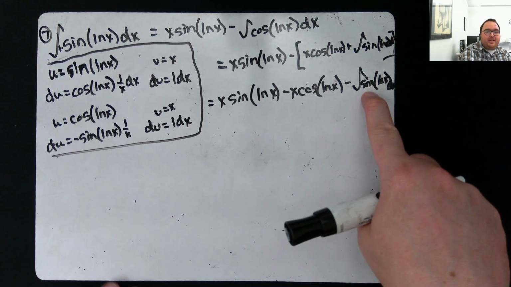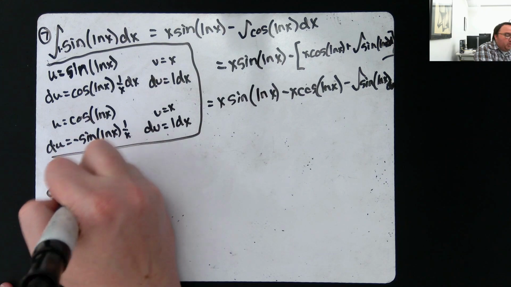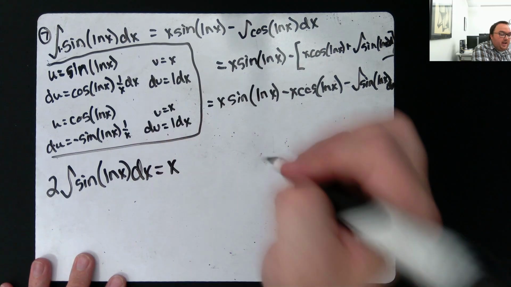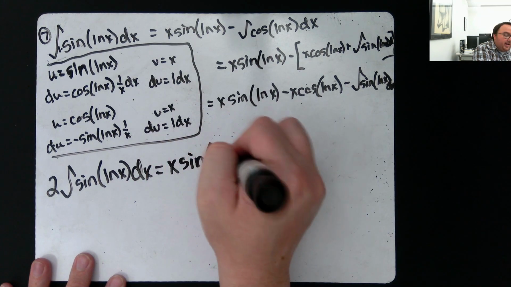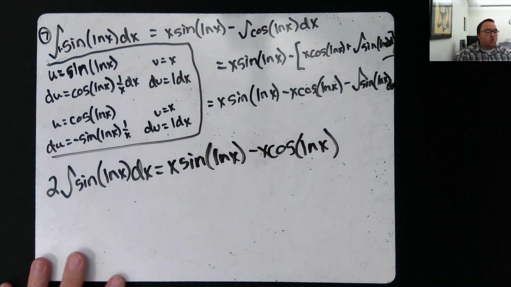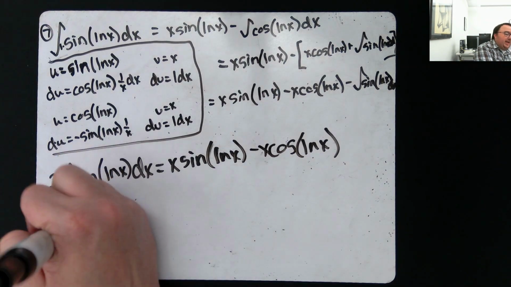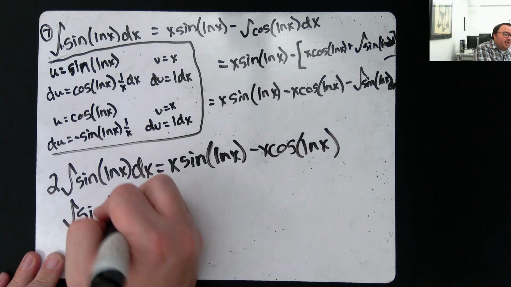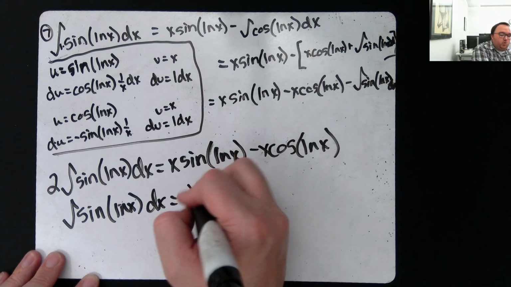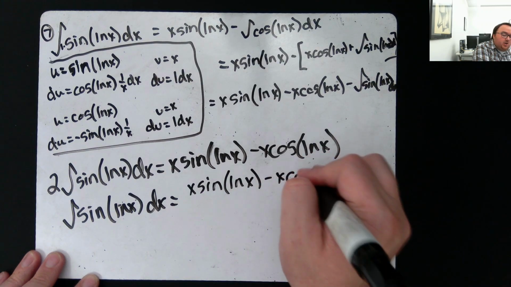So if I were to add this to this side over there, I would end up with 2 integral of sine ln x dx is equal to x sine ln x minus x cosine ln of x. So to solve for the part I want, I just have to divide this by 2. So the integral of sine ln x dx is equal to 1/2 of this. So you could write that as x sine ln of x minus x cosine ln of x